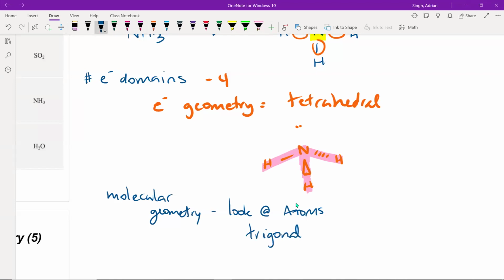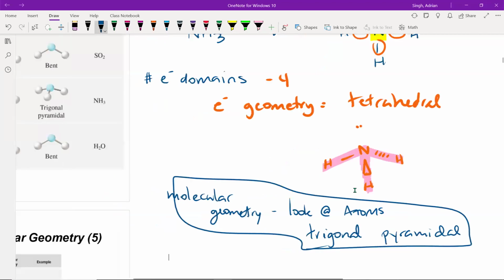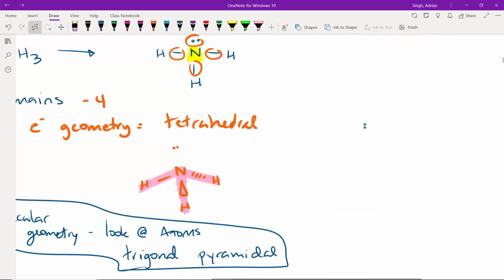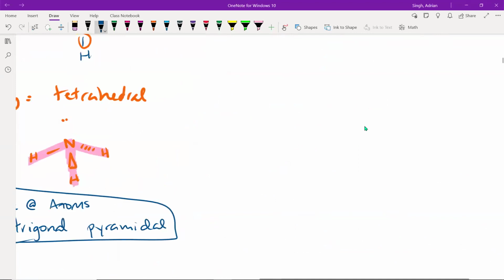The technical name for a tripod is a trigonal pyramid. So it's trigonal pyramidal would be the molecular geometry for NH3. I can only deduce that based on my electron group geometry. If I take this one step further, if I were to draw the structure for